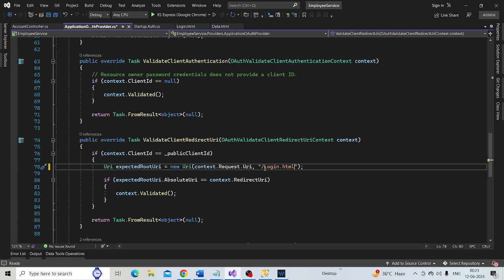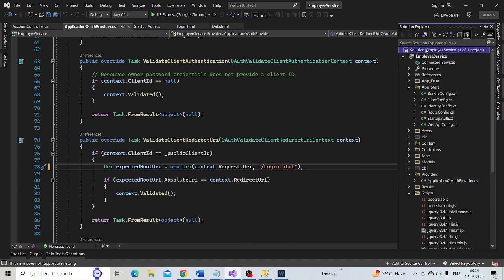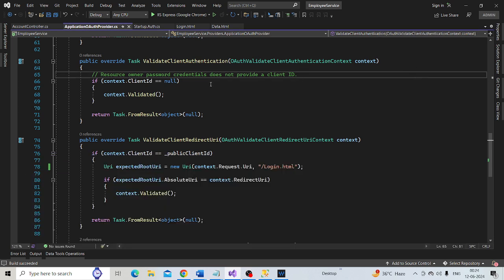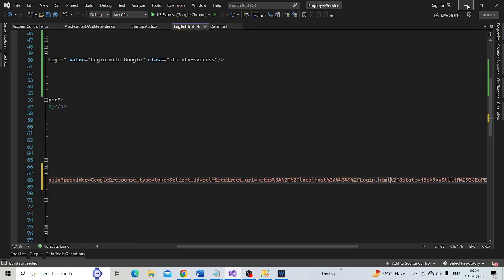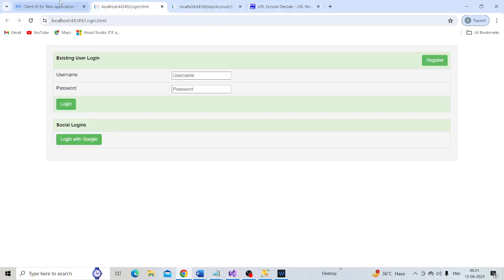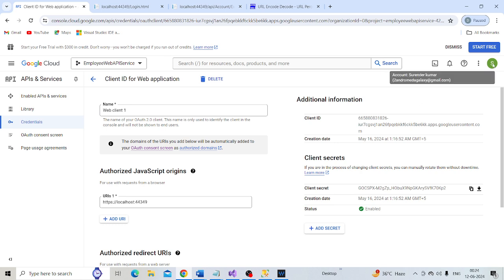Let's give our application a build. Build succeeded. And let's log out of the Google account.